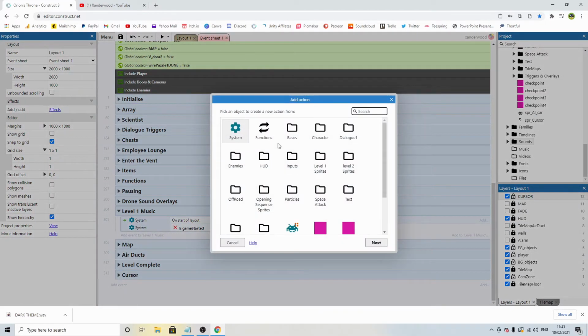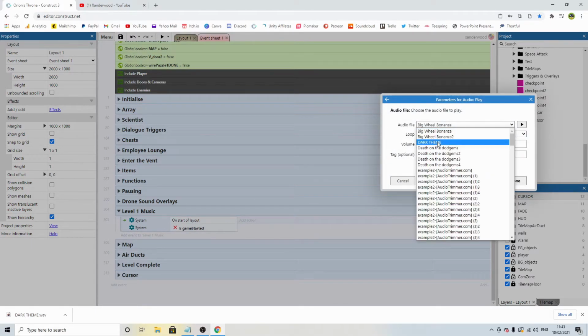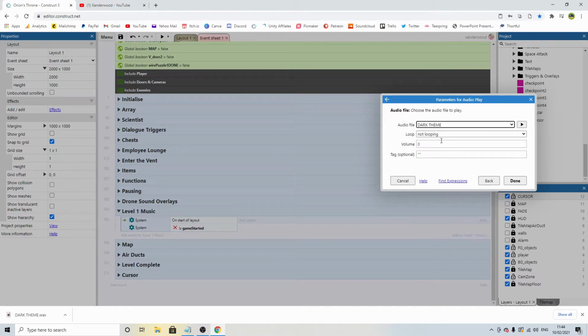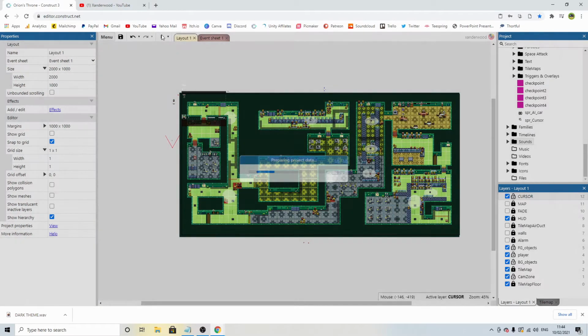I want to play that sound, looping. So I need to go to my audio and play. And then these are all the audio tracks that I've got in for the sound effects. I'm going to play the dark theme, I'm going to play it looping, and I'm going to set the volume. 0 is 100% volume, so I'm just going to drop it down by 10 decibels, and I'm going to call it level 1 in the tag because I refer to that tag in other parts of the events. So now if I play the game,